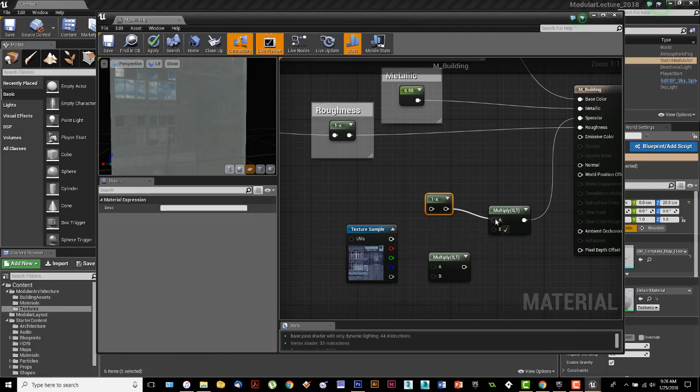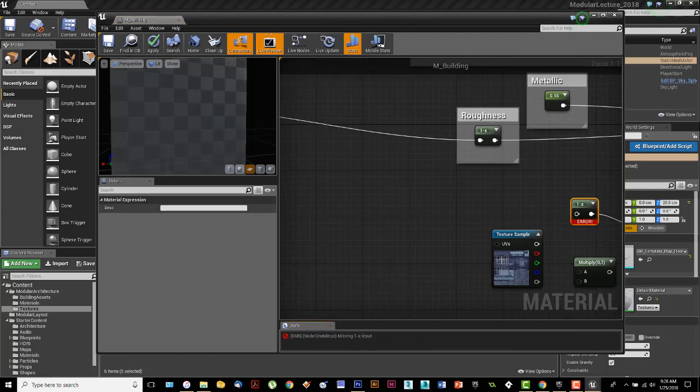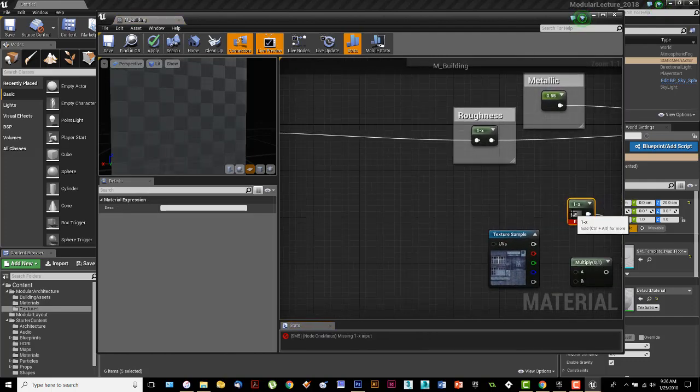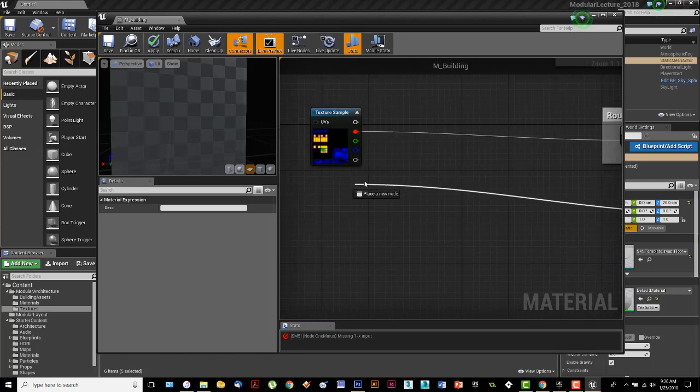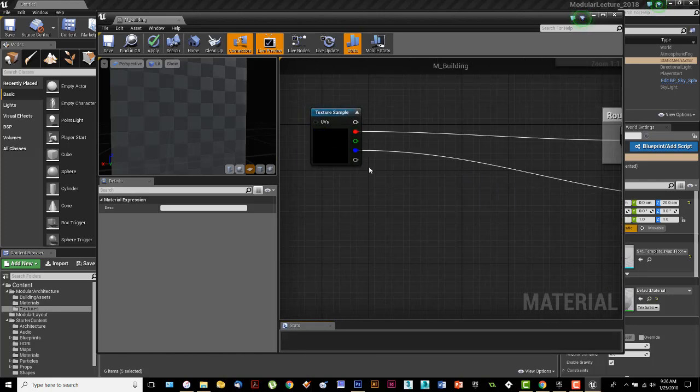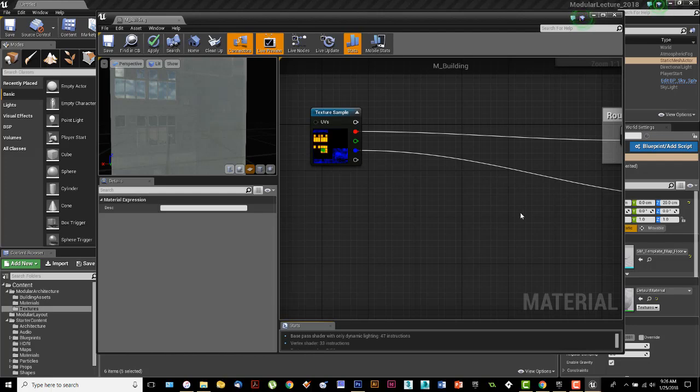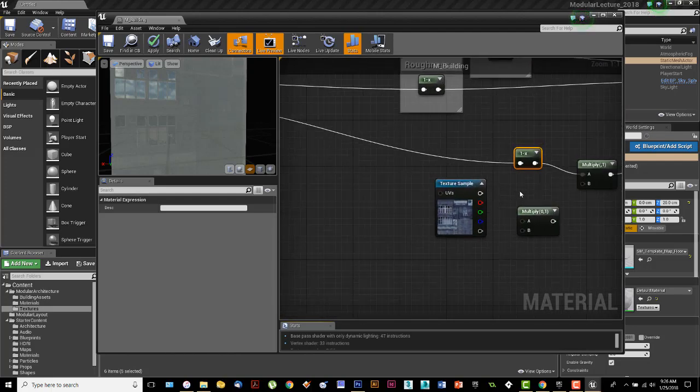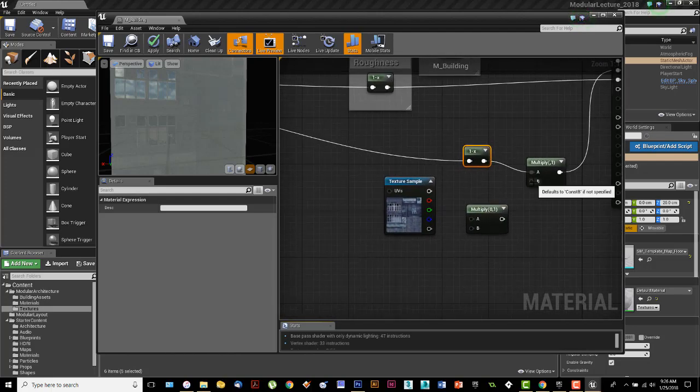Now I'm going to wire that to my A slot. Again, I'm getting an error because it's not wired into anything else. This is then going to go over here to my blue channel, and it's going to invert that around. Not going to see anything over here yet. The B slot is going to go to this